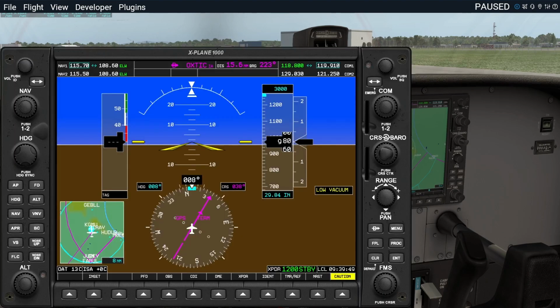So we can bring up this screen and we can show a few more details about it. The COM frequencies are at the top right of the screen. The green one illuminated is the active frequency. We can switch from one frequency to the other in COM 1 using the double-sided arrow button. We can switch from COM 1 to COM 2,